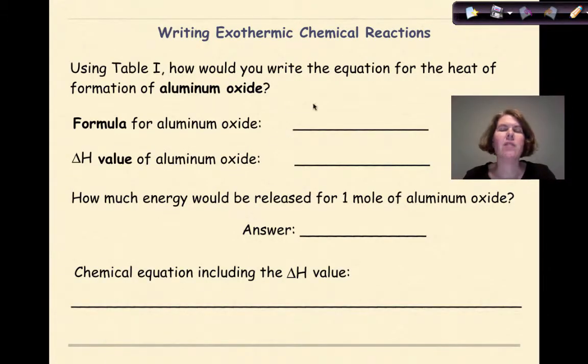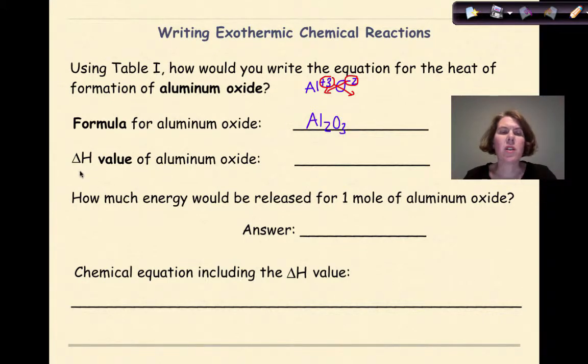Now let's use table I to figure out how we'd write the equation for the heat of formation of aluminum oxide. The first thing that we need to look at is the formula for aluminum oxide. We know that aluminum has 1 oxidation state associated with it, Al plus 3, and oxygen is O minus 2. So we're going to go old school here, and we're going to do the crisscross method, and we're going to bring the 2 down here and the 3 over here. So our formula for aluminum oxide is